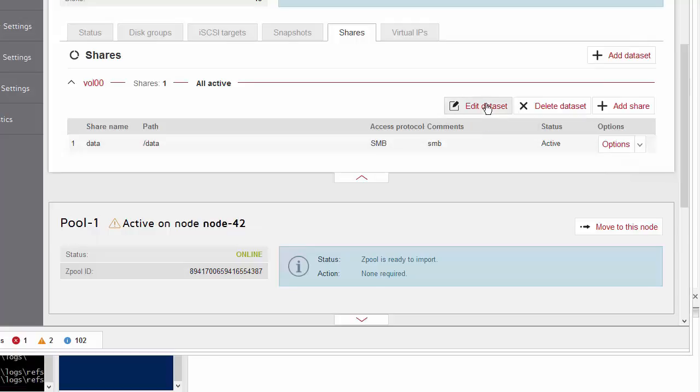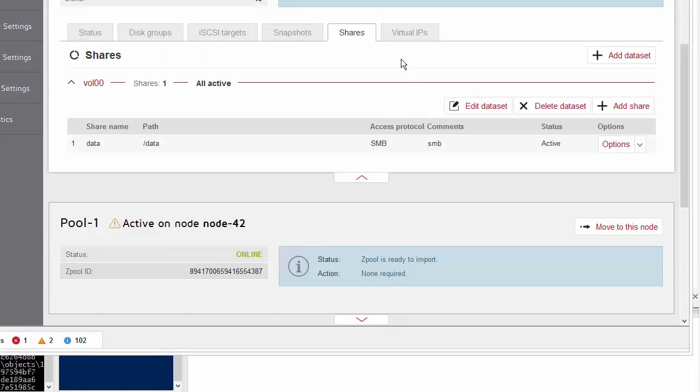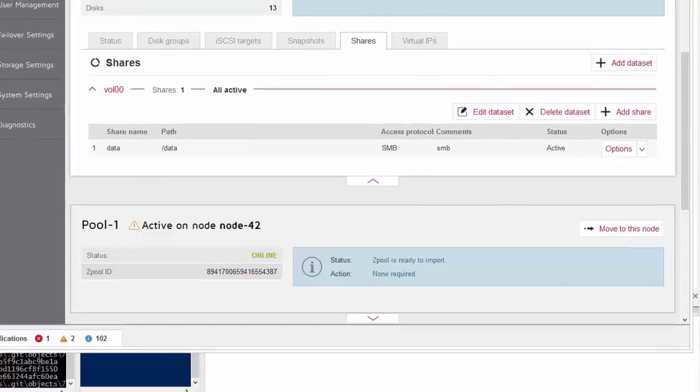So when I go to edit data set, we will have the default. There is no information even about the default block, because this is fixed, it's not changeable. Dynamically, ZFS will create smaller blocks if the files are smaller than 128K. In case of iSCSI, this is a big difference, and this can be tricky.